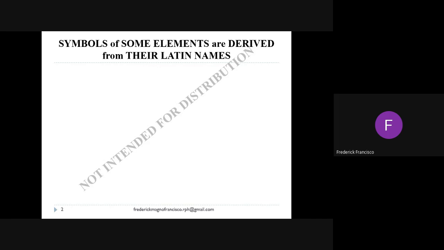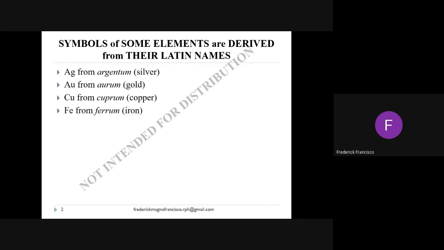For example, Ag from argentum, Au from aurum, Cu from cuprum, Fe from ferrum, Hg from hydrargyrum, K from kalium,